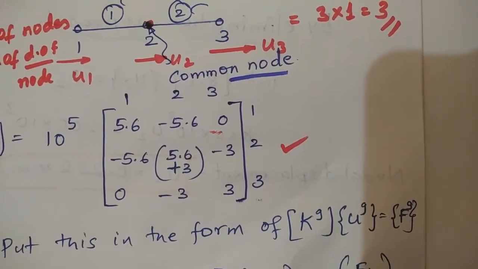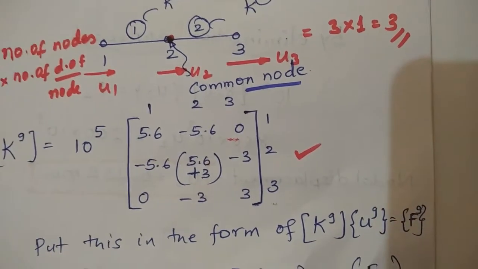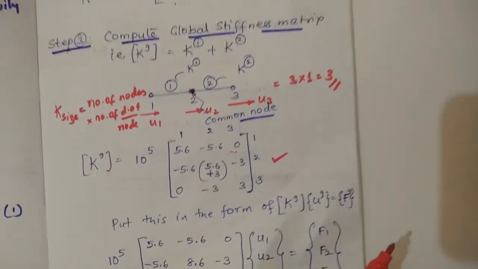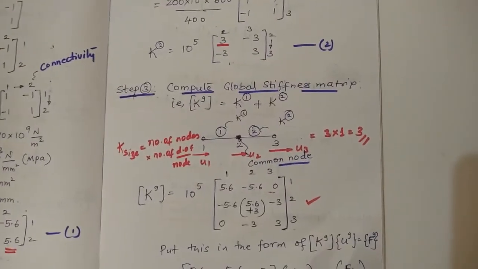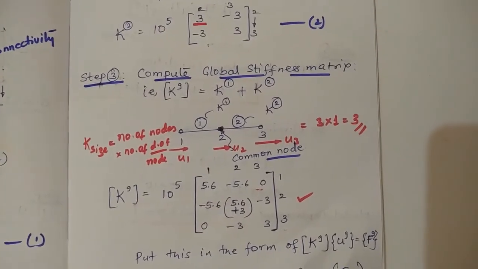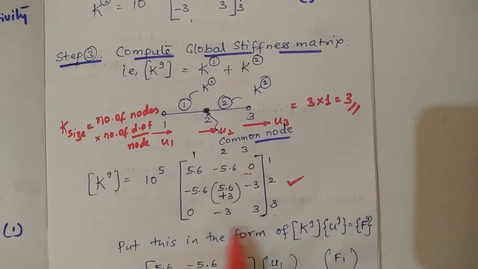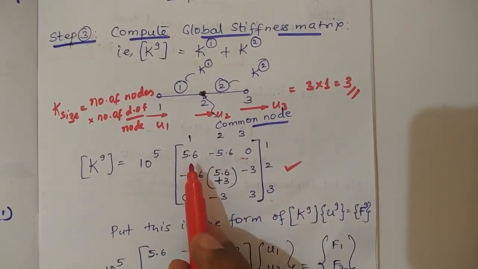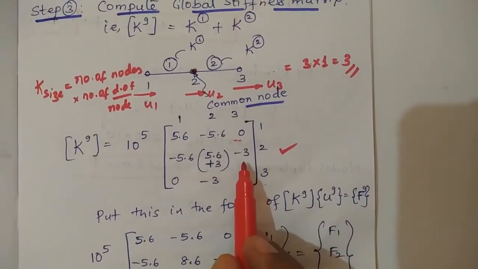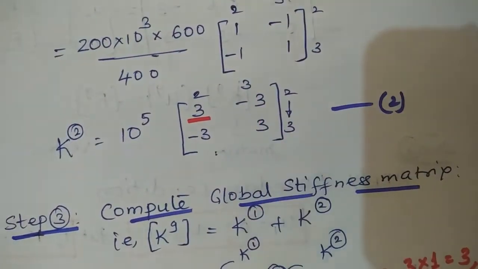In the examination, you will get a maximum of 3 element problems only, because of the paucity of time. So it is ideal for FEM, FEA to be carried out on a commercial tool rather than hand calculation. This is only for your understanding. Now coming back to this 5.6, then 3 of 2 will be minus 3. Have a look into it, 3 of 2 will be minus 3.